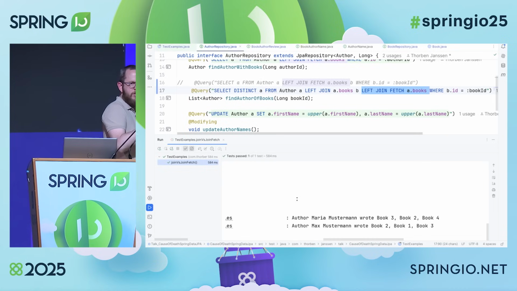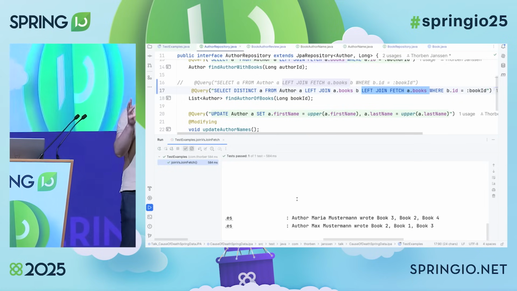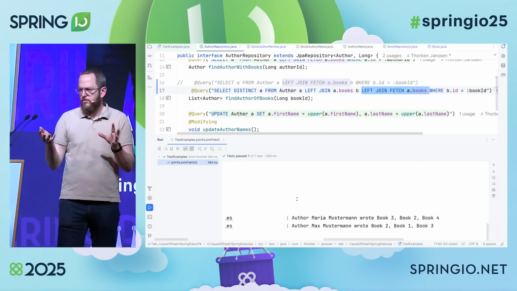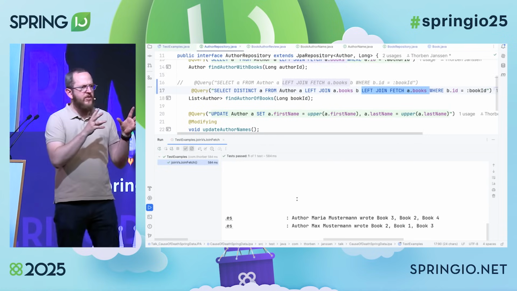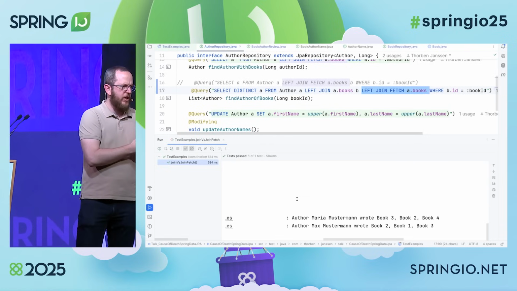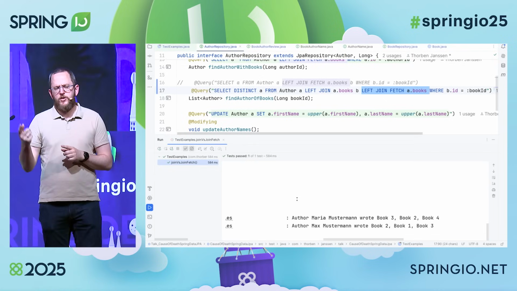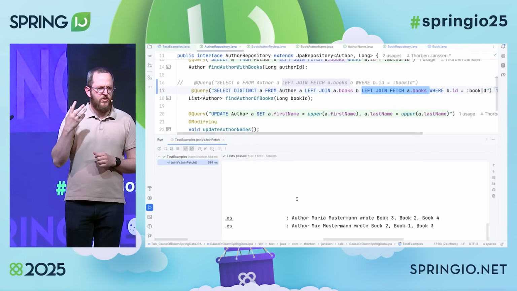Because we just joined once from the author to the books and limited that list of books to the one with ID 2, which is okay to filter the authors that worked on that book. But it's not okay if we also tell Hibernate to initialize the books relationship completely.